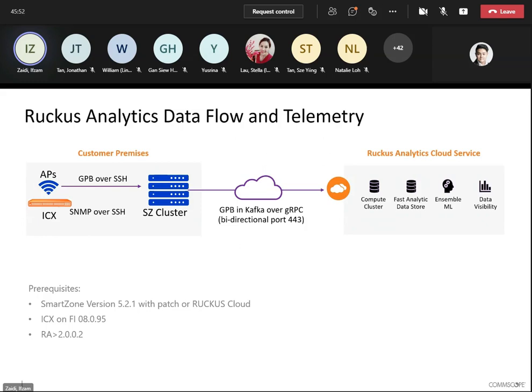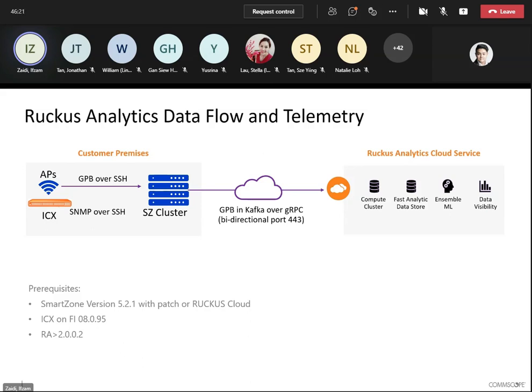In the customer premise, the AP and the ICX itself will integrate with the SmartZone cluster, and after that, the SmartZone cluster will integrate with your Ruckus Analytics subscription using gRPC, and it will compute and analyze your problems in Ruckus Analytics.